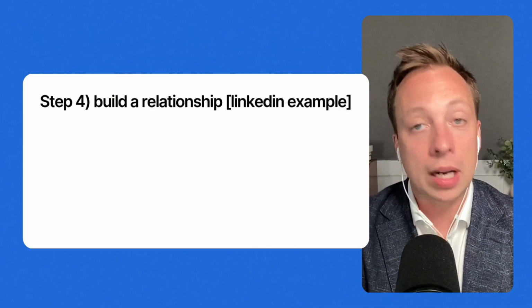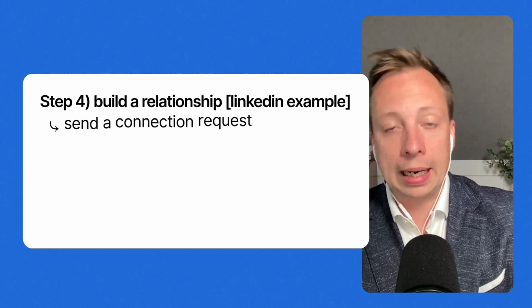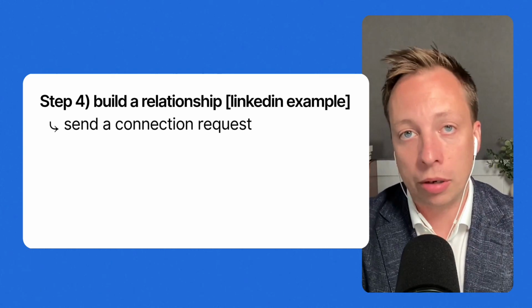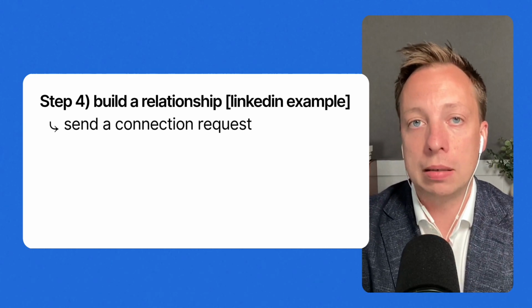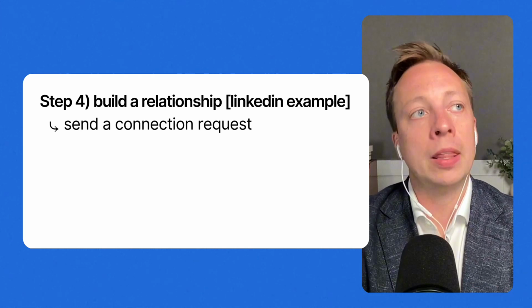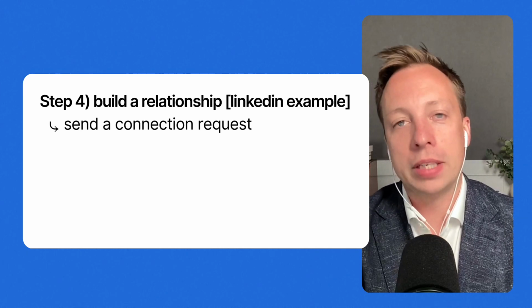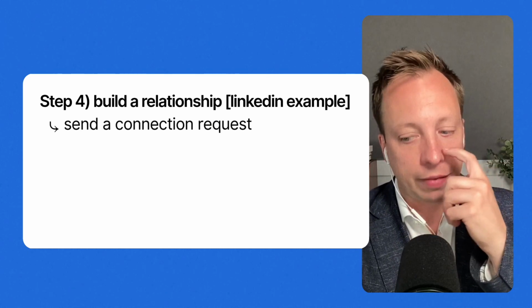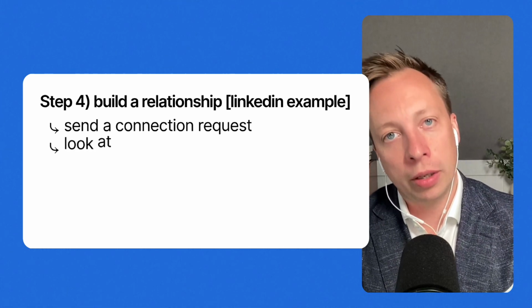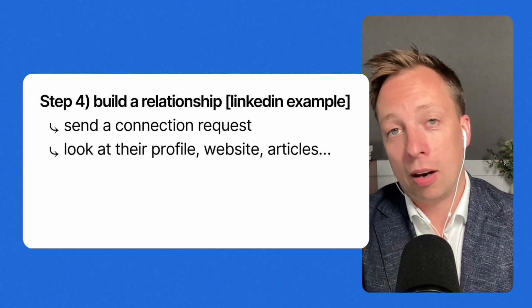And if we're going to translate this to a platform like LinkedIn, that is as simple as sending a connection request to everyone on that list. Now, it's not something you do in an afternoon. You do it over months and months, years. But it is an effort to get to know those people. The basic version is a connection request, of course. But if you have the time, have the capacity, have the interest in really developing a great relationship, my encouragement is to look at their profile, to look at their website, to look at the article that was written about them last June,